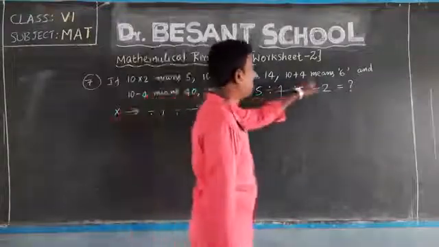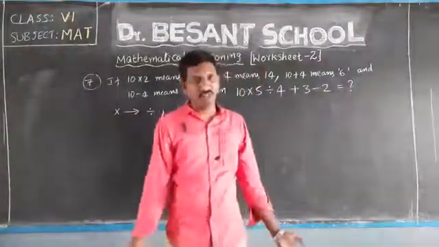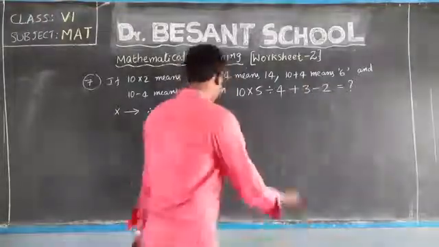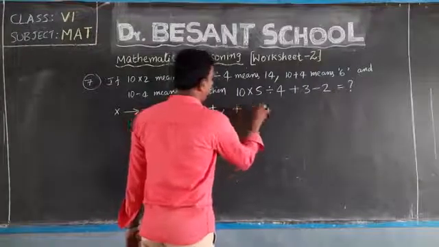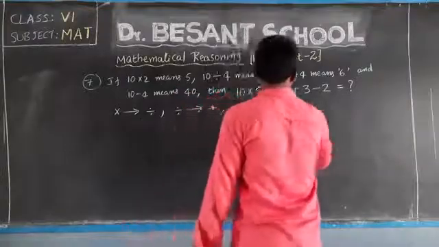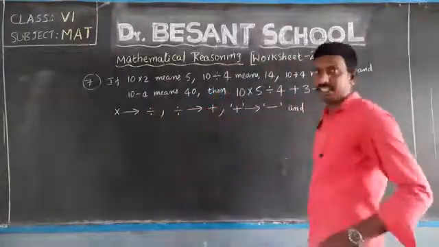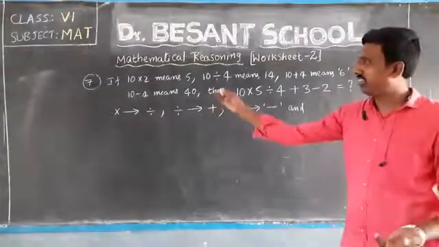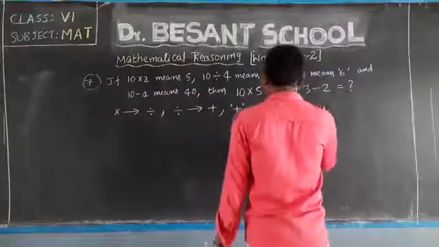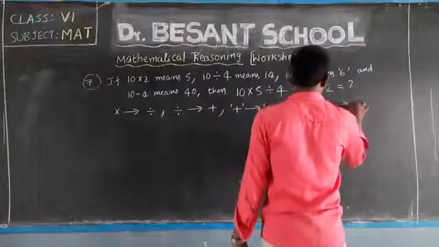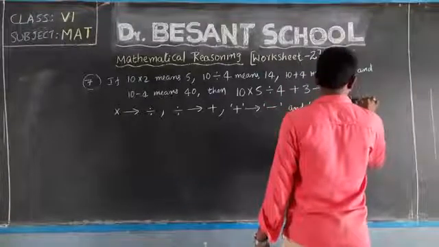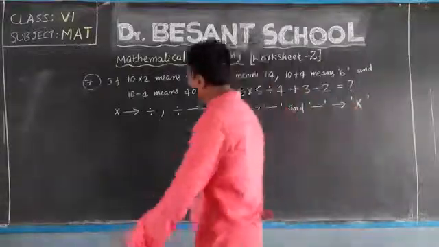Next, 10 plus 4 means 6. 10 plus 4 is actually 14. But 6 we got. Here given 6 means 10 minus 4 is 6. So here plus is used as minus. And at last, 10 minus 4 means 40. 10 minus 4 actually how much? 6. But 10 minus 4 given as 40 means into. So it is multiplied. So minus is used as which symbol? Yes, into. So instead of subtraction, we have to go through multiplication.